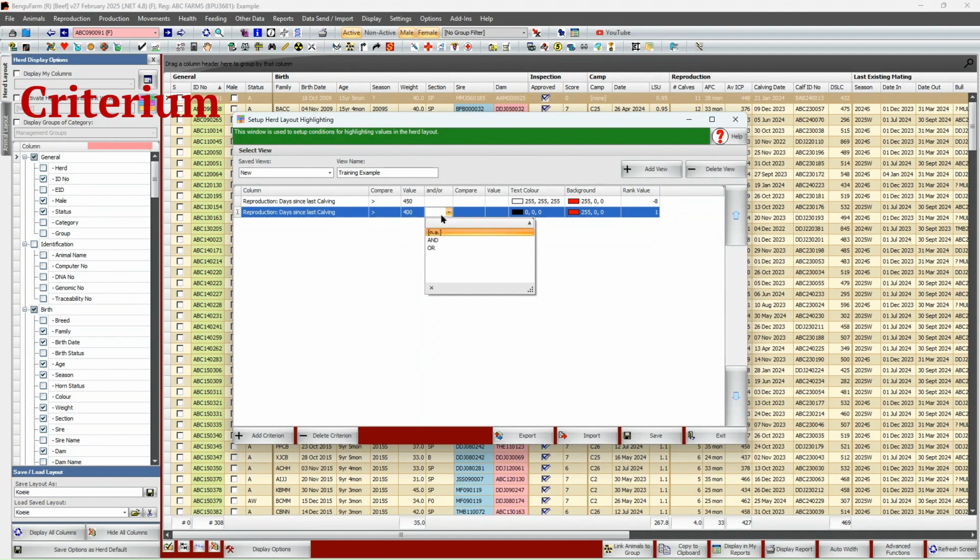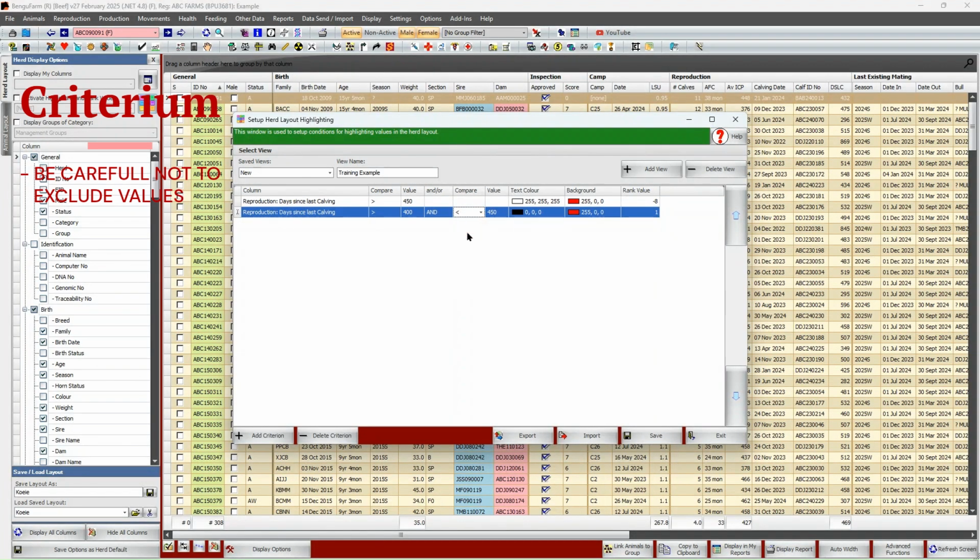And I can select here and or, and I'm going to say and where it's smaller and equal than 450. I say 450 and smaller and equal than, so I don't exclude the value.